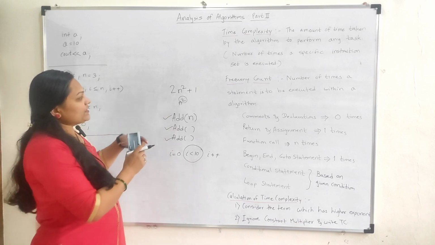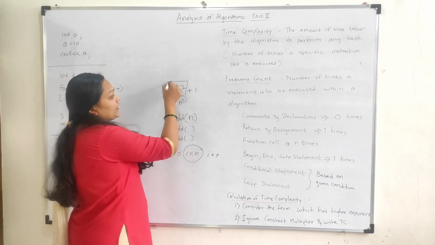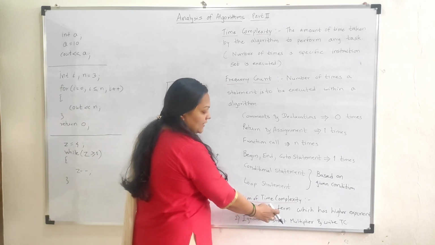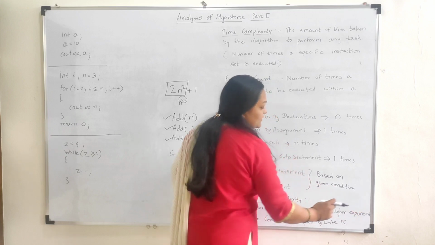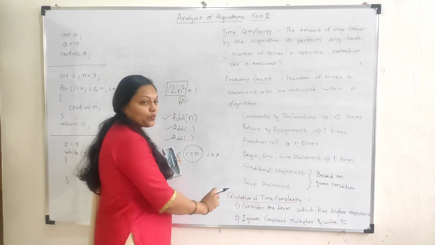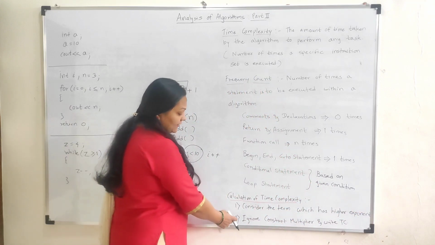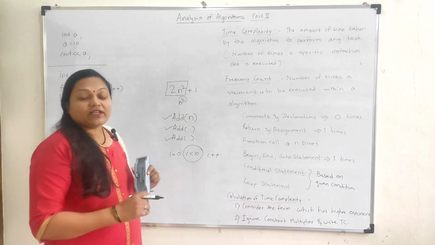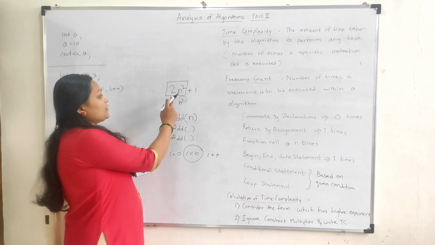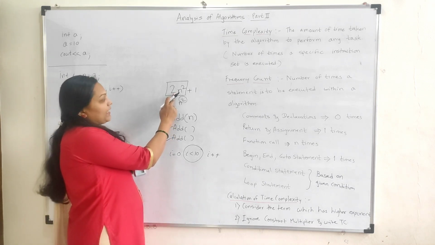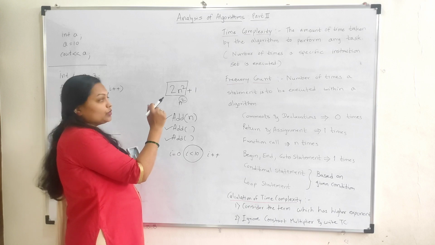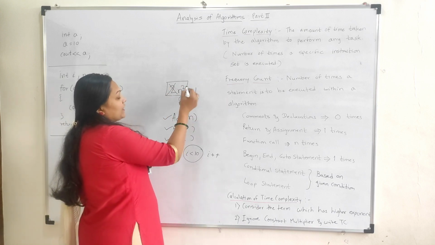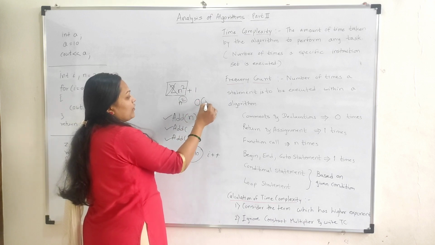Okay, so we need to consider this term while calculating the time complexity. That is written here. Consider the term which has the highest exponent while calculating time complexity. Second thing, you need to ignore the constant multiplier, and then we will write down the time complexity. In this case, the constant multiplier for this term is 2. So this 2 we will ignore, and then we will write down the time complexity as a big O of